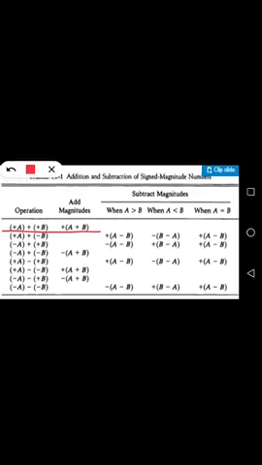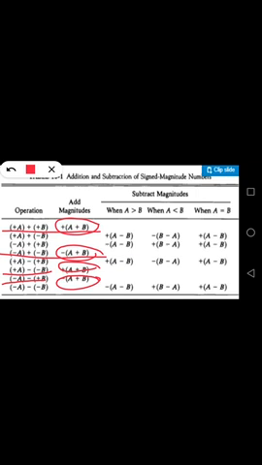So when the sign bit of A and the sign bit of B are both the same, and you want to do addition, you are performing addition. And for the subtraction case, when the sign bit of A and sign bit of B are different, you are performing addition. And in the rest of the cases you are performing subtraction.